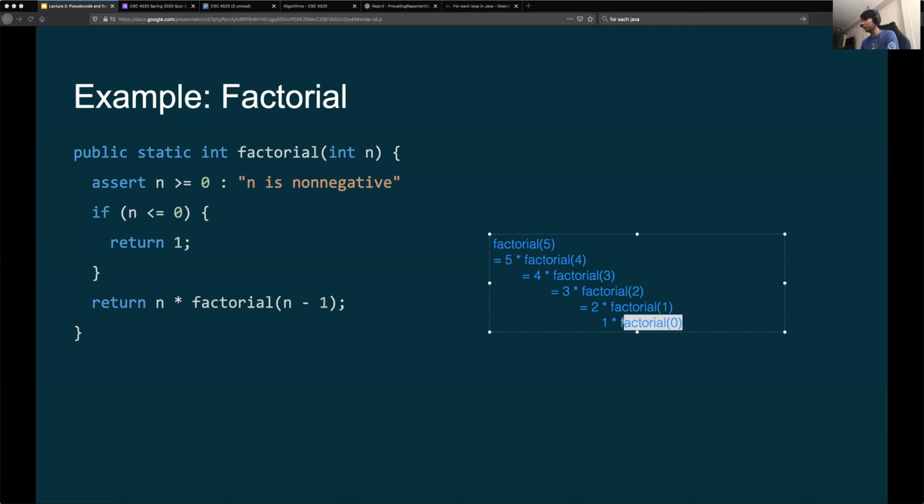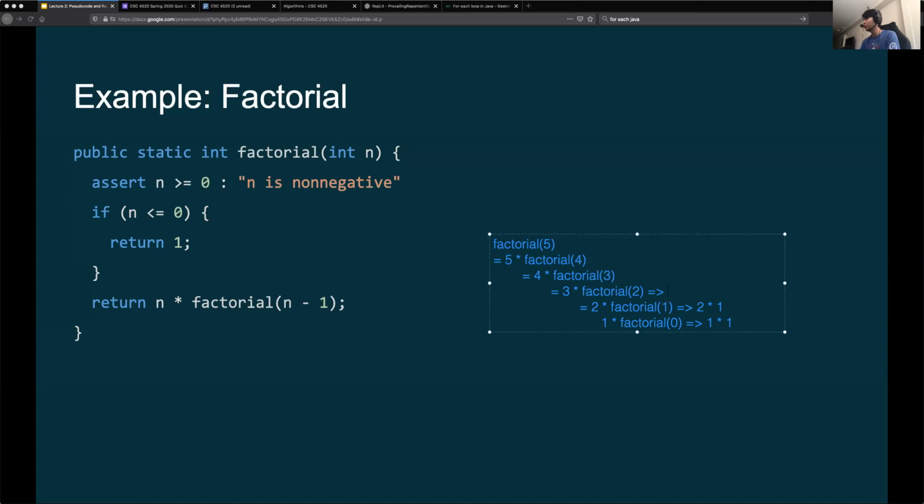Now, factorial of 0, we know based on this code here, will trigger the if statement. It's going to return 1, right? Since it'll return 1, we can do 1 times 1 here, which will ultimately give us 1 as well. So factorial of 1 here will actually give us 1, and we'll do 2 times 1 here, right? Because 2 times whatever the answer to factorial of 1 is the same as 2 times 1, which gives us